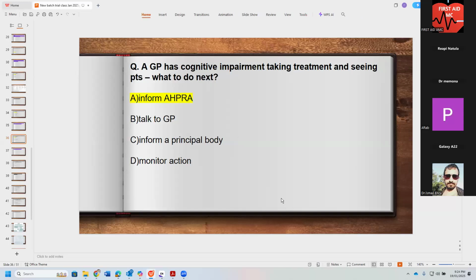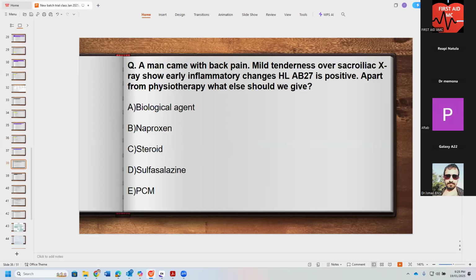It's not like you're snitching on your colleague. You're making sure that this colleague is not putting patients at risk. Notifying AHPRA doesn't mean that you're causing that GP to lose their license. It is something that AHPRA will decide after doing an investigation. Because they are on treatment, maybe they will give them some leniency, but impairment of any kind requires notifying the authorities, in our case, AHPRA.